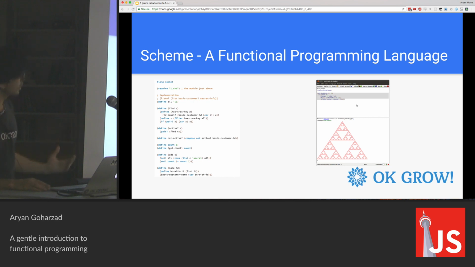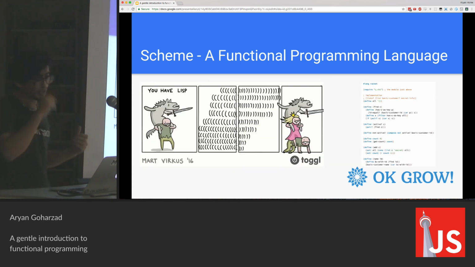So after learning object-oriented programming, I had a pretty solid mindset of how to write code. This was until I went to University of Waterloo for computer science, where they wanted to prove to everyone that they don't know how to write code. So they taught us this. This is Scheme. Scheme is a functional and declarative language, which means it hates changing state. It hates changing the content of variables.